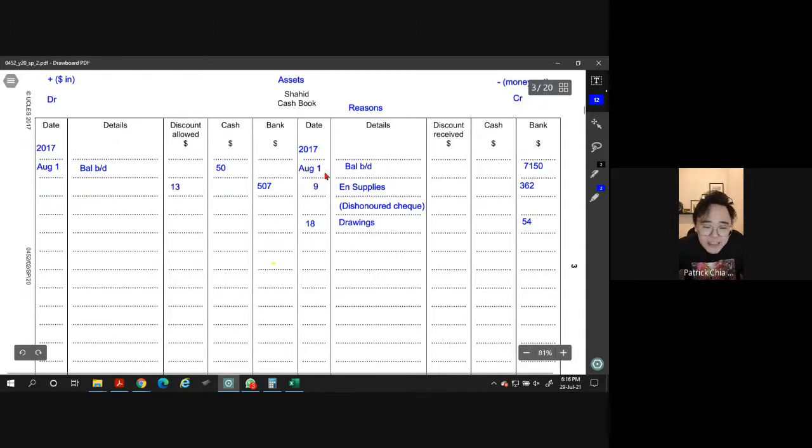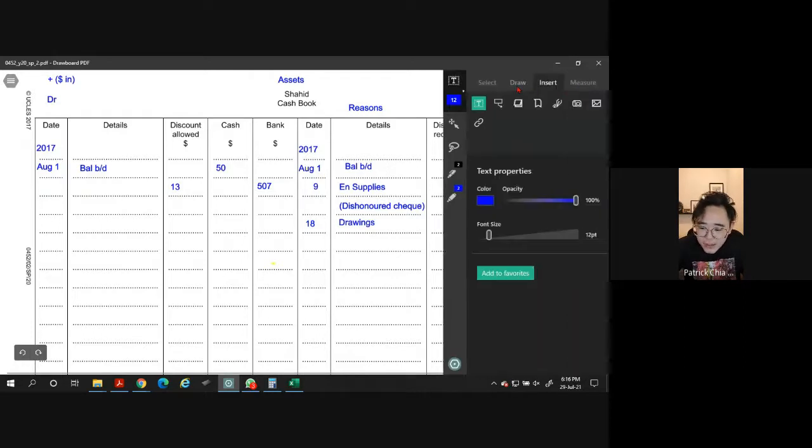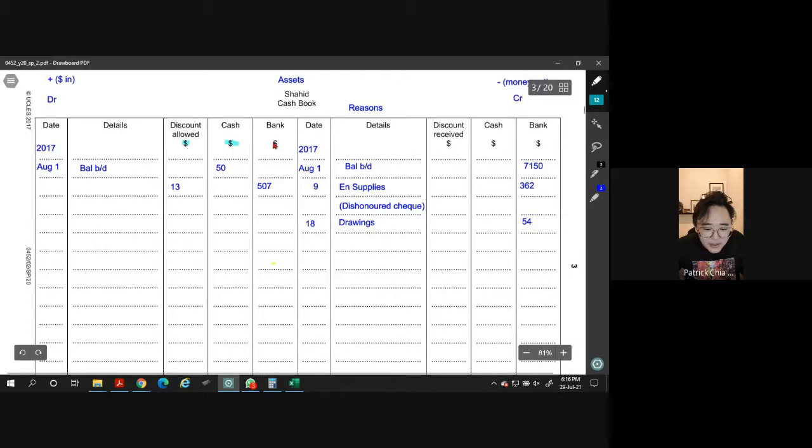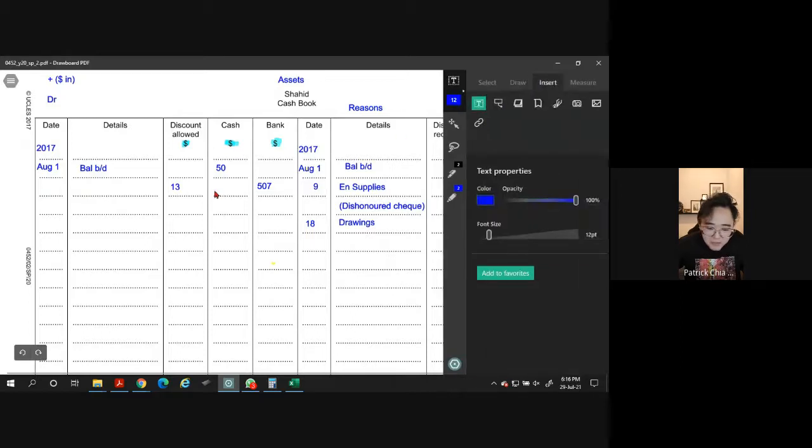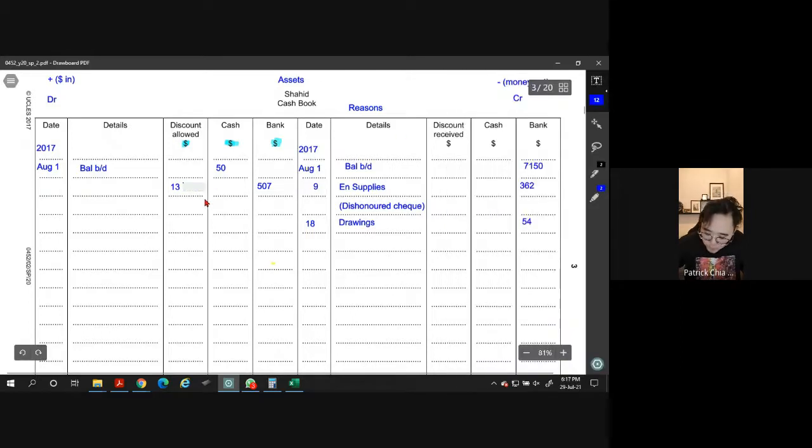Please make sure you do not leave your answer as a percentage. Why? Can you see the column or the dollar sign there? So the answer must be in value. Do not put 2.5% there, because then you won't get the marks, as they need it to be in value.